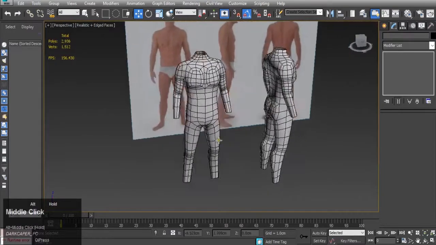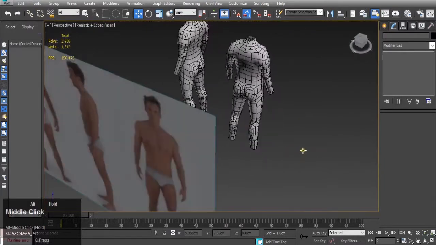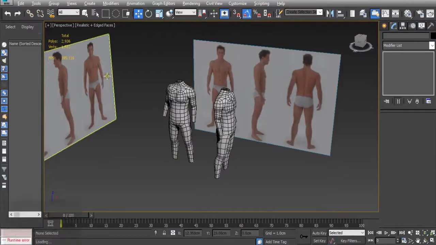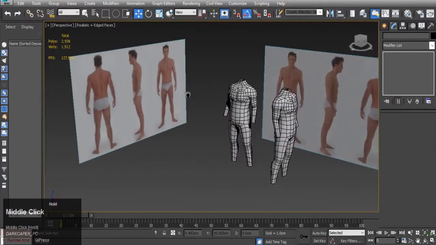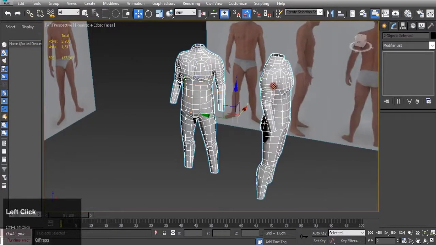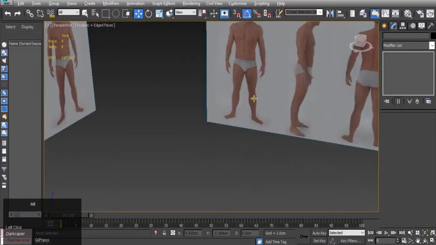Here's one I've made earlier, and here are the references I used. These references are off the internet just by typing in human body reference. So let's get started. I'm just going to hide those,